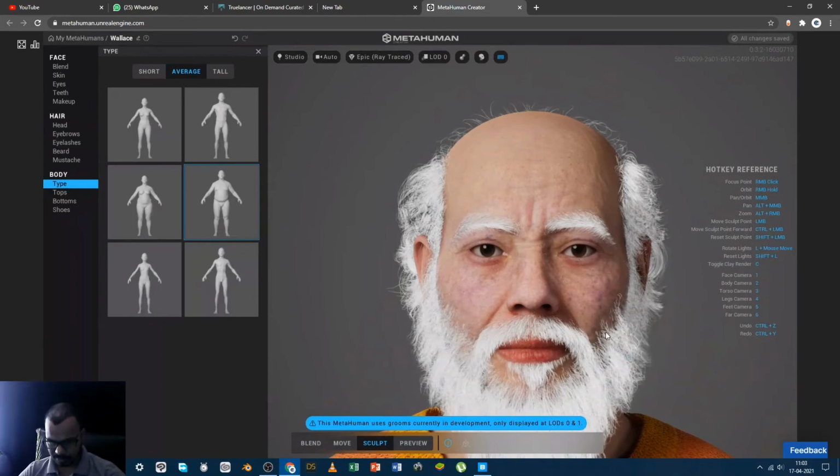Although it is there, it doesn't fulfill all the need. Here are a few settings, and with this I think I have covered everything.